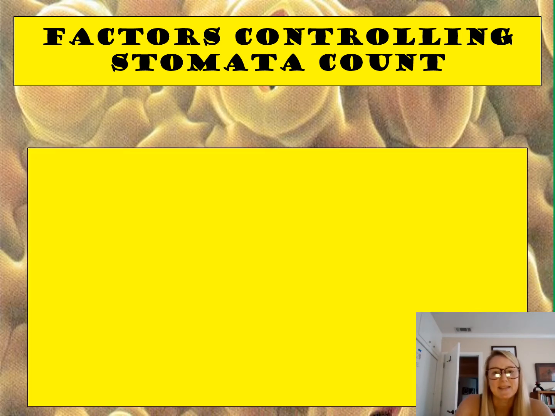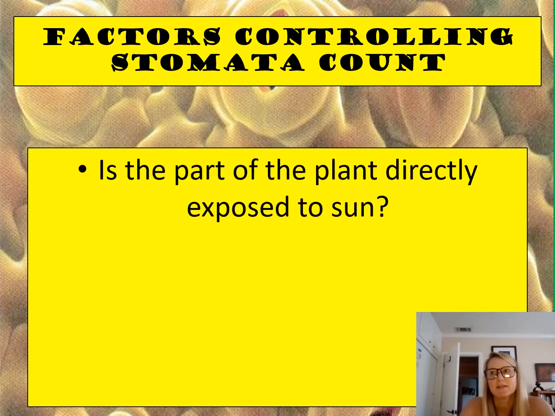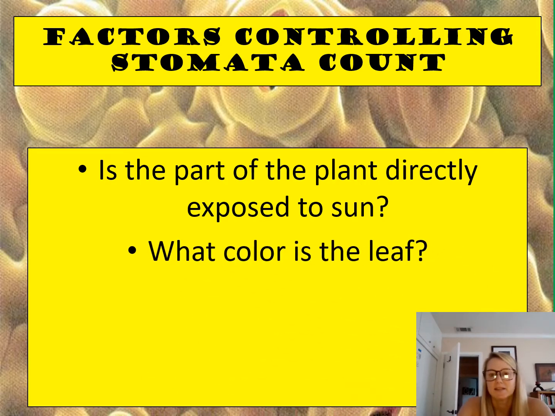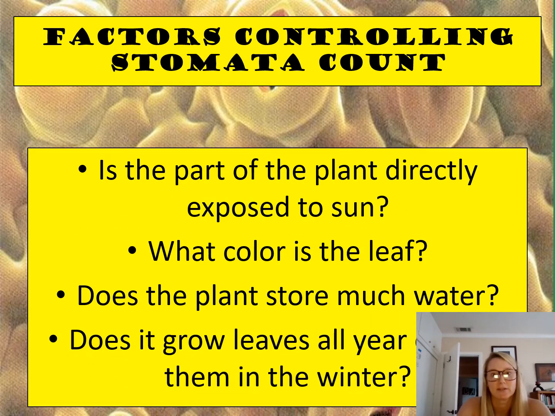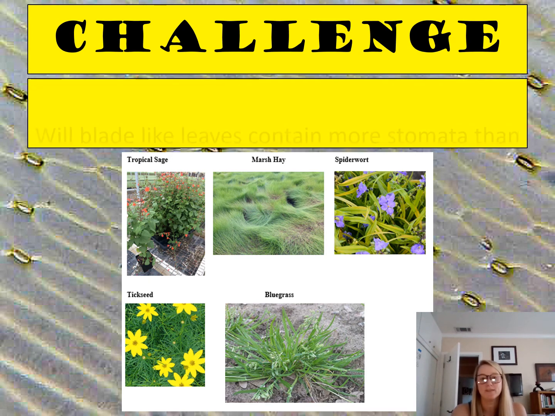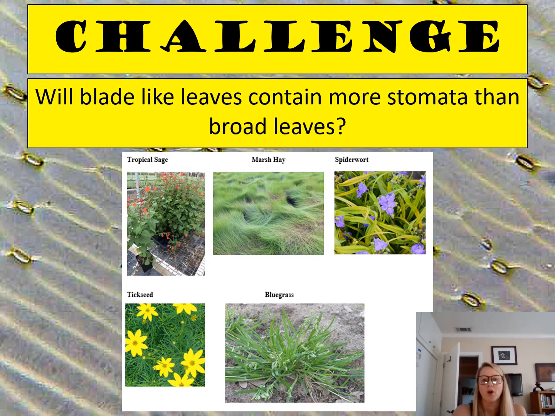Some things that scientists have researched are why do plants have different numbers of stomata, right? Is it because the plants are directly in the sunlight? Does it have to do with the color of the leaf? Does the plant store a lot of water or does it release a lot of water? Like what kinds of environments are they in? And do the leaves grow all year or do they drop them in the winter? So there's a variety of things that can happen in the environment that control the number of stomata that occur in a plant. So your challenge for this week is you are going to try to figure out, will blade-like